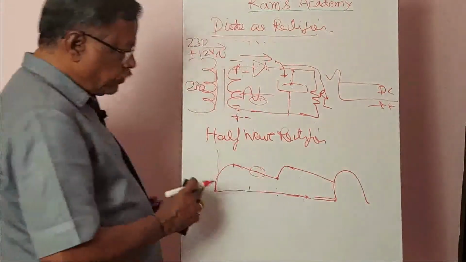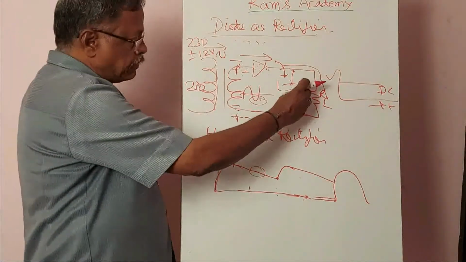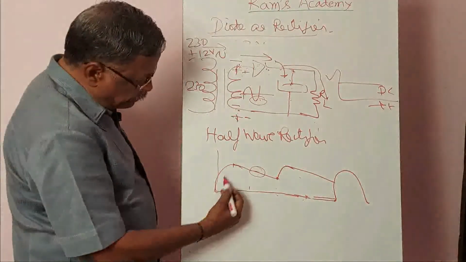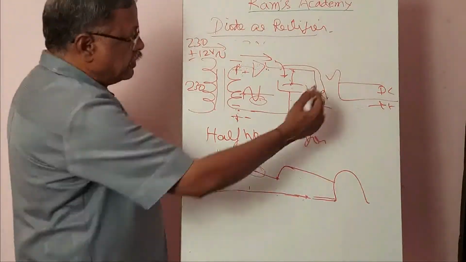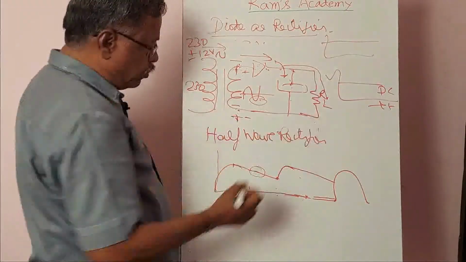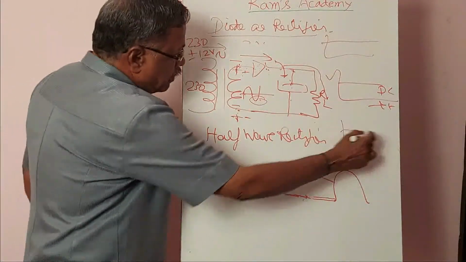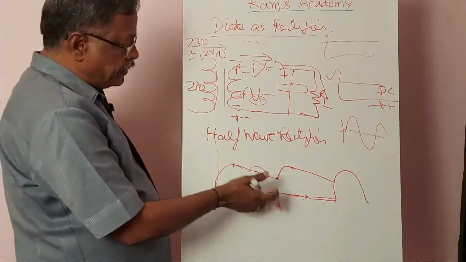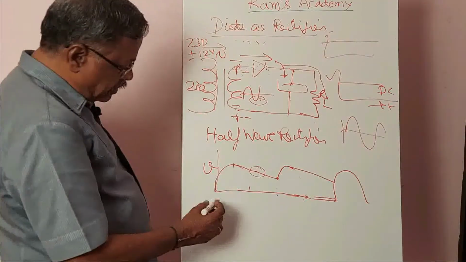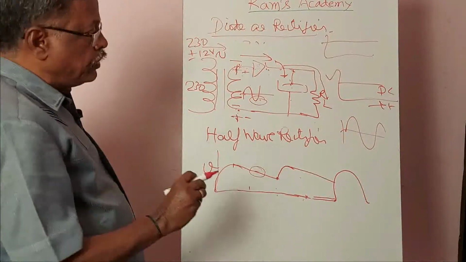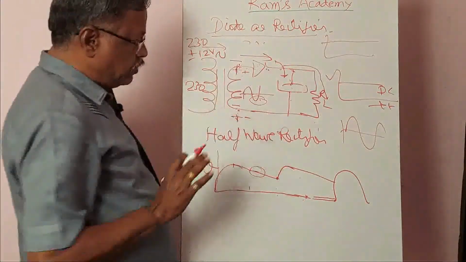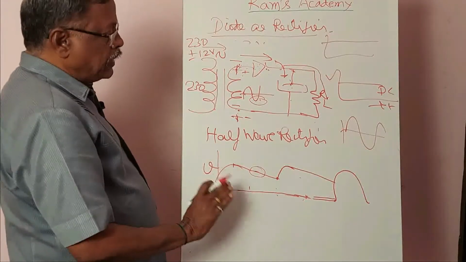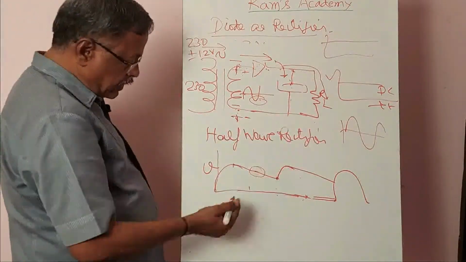Therefore, because of this filter capacitor, the previous waveform is being converted into a waveform like this. It is not a direct battery voltage like this, but it is not an alternating voltage like this either, but it is going to be in between. Here what I want to say is the current is going to be in a single direction only through the load. It is not going to change the current direction.